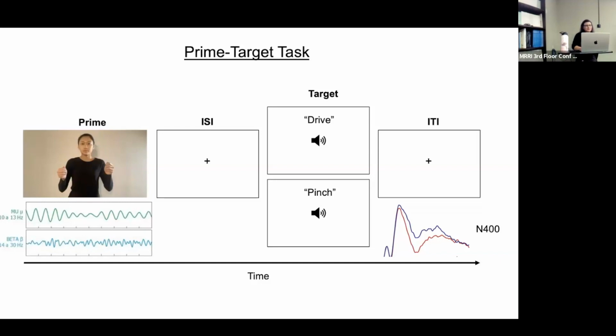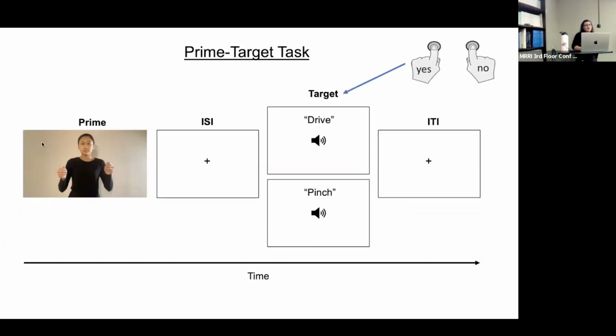Yes, and to get at behavioral evidence for these deficits, we're also looking at a separate prime target test so that it doesn't interfere with EEG recording. It's essentially the same task, except that participants are being asked to reply yes or no via button press whether the target and prime match up. Through this, we'll evaluate their response time and accuracy to look for behavioral deficits that we were interested